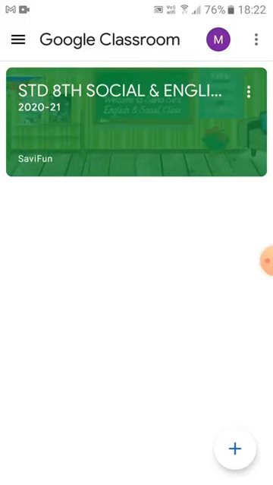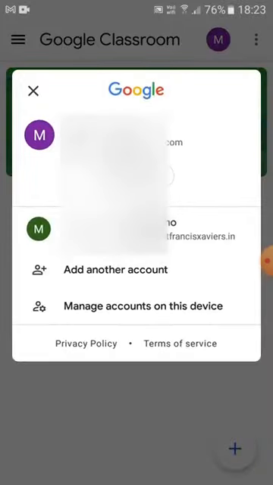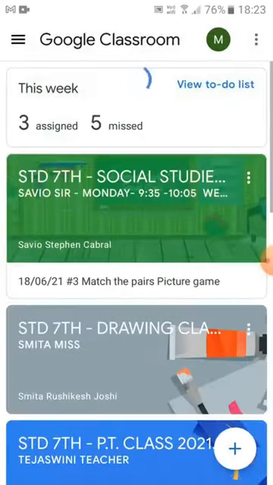So the letter will be the same. Now you click again, you can switch again to the next account. Click on your other account. So this is called switching. You can switch between accounts if you have the same one device. If you have two devices, it's much easier and much better, but this is the option I am telling you.